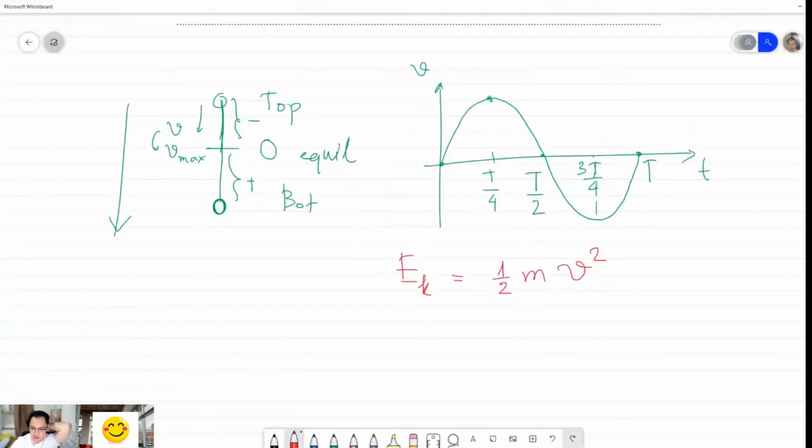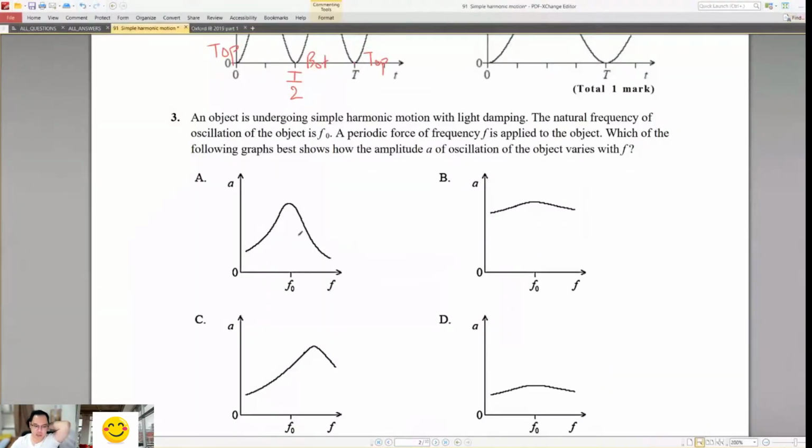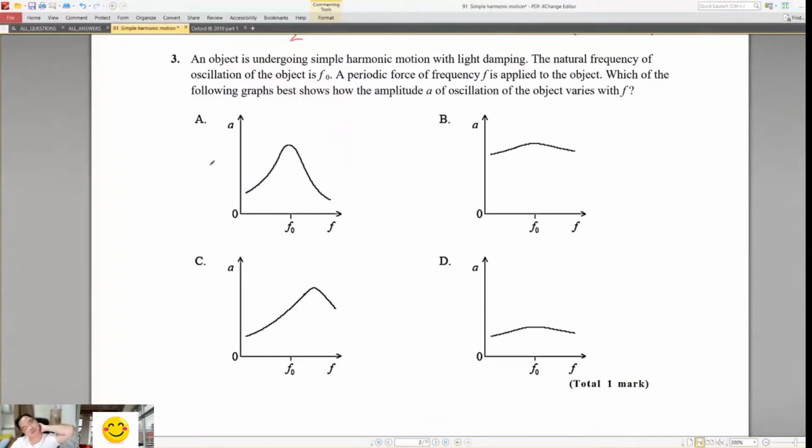So the answer of this question about resonance is answer A. When the external driven frequency matches the natural frequency, is the peak greatest amplitude. Okay,